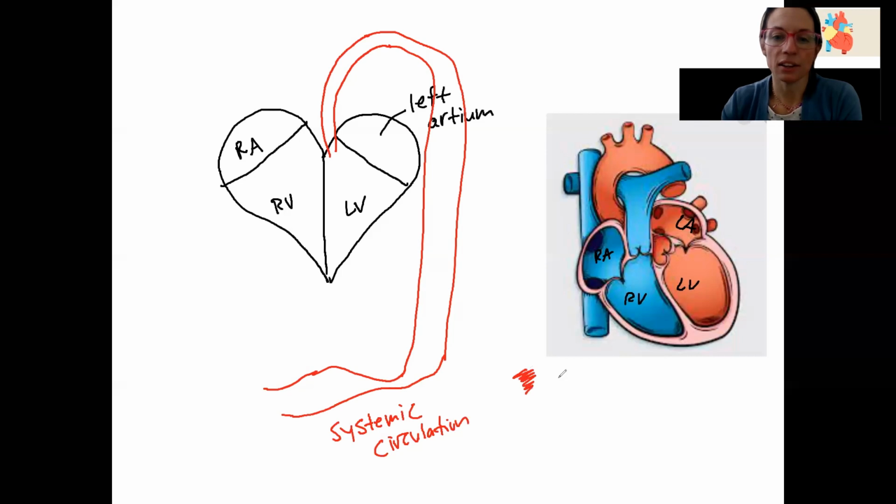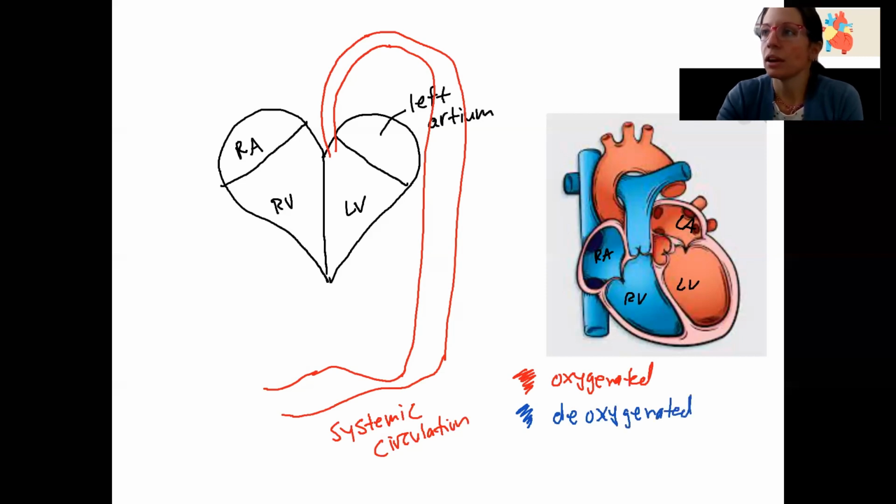So the red here is oxygenated blood, and the blue is going to be deoxygenated. Now, I'm not going to name all these vessels right now. We're going to later. So aorta, can't help it. That's the big vessel that comes out of here. What I want you to know is that this is our